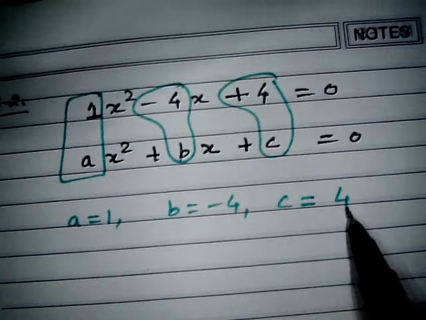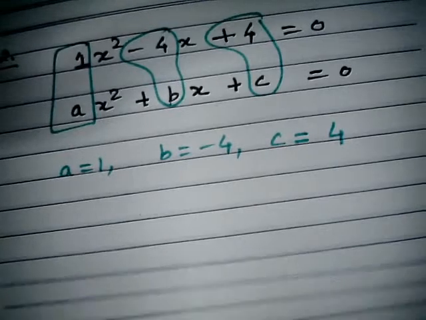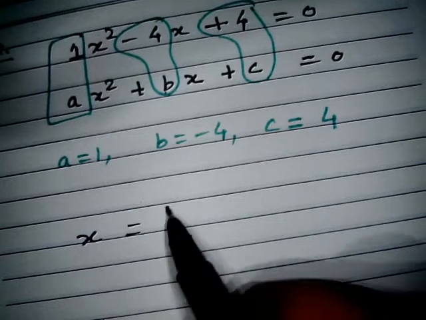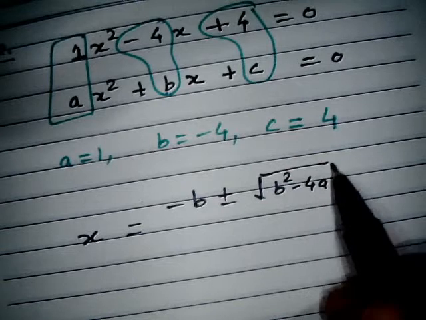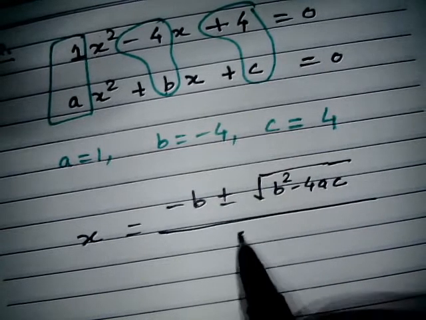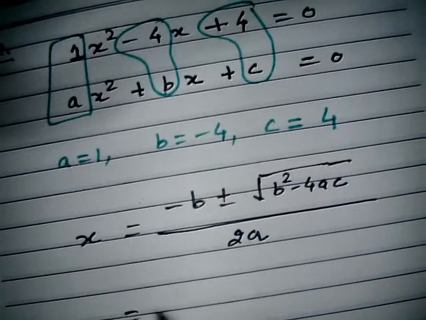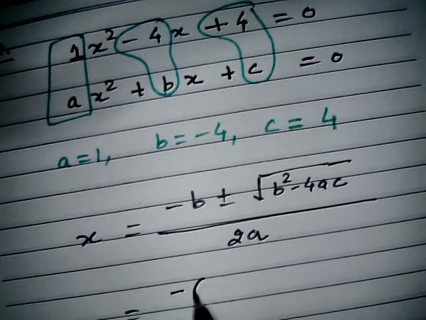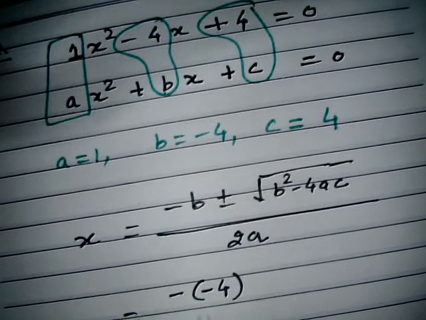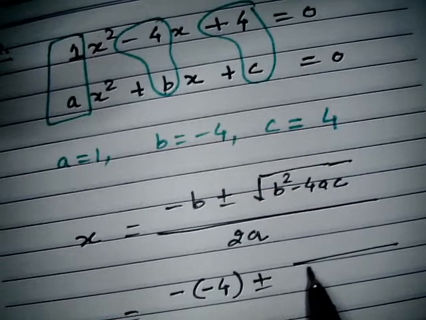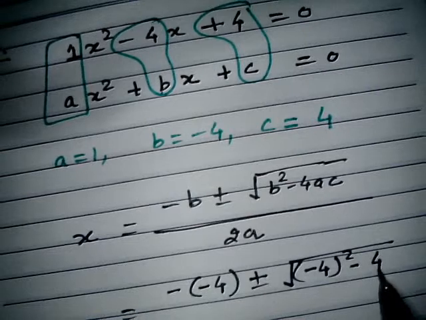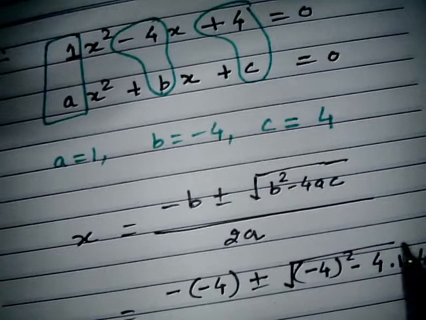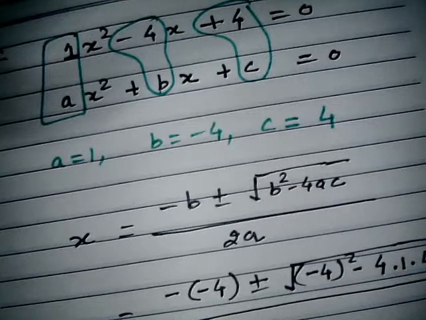Okay, now I need to write down the quadratic formula and we need to plug in these values in the quadratic formula to get the value of x. Okay, negative b, what is the b value? The b value is also negative, so I need to write it inside the bracket, because negative times negative will become positive. Okay, now negative 4 square, negative 4, a is 1, c is 4. Okay, now upon 2a, a value is 1.